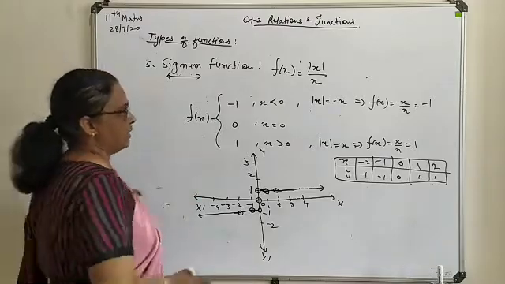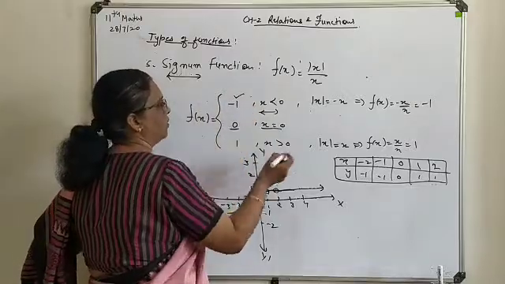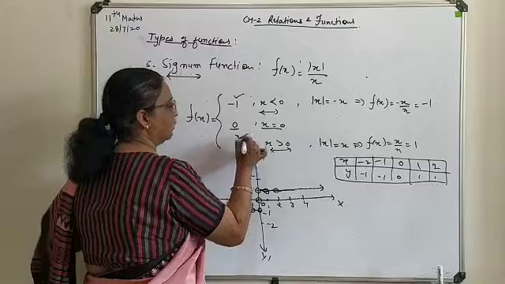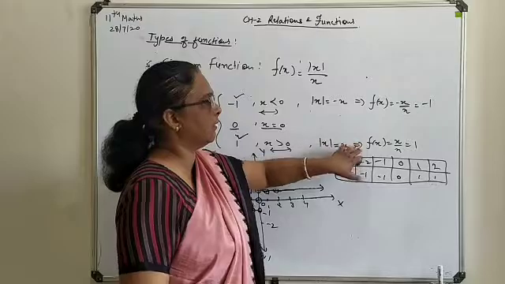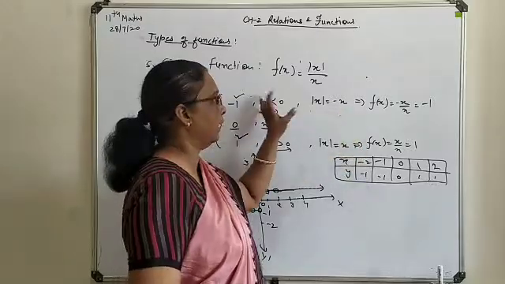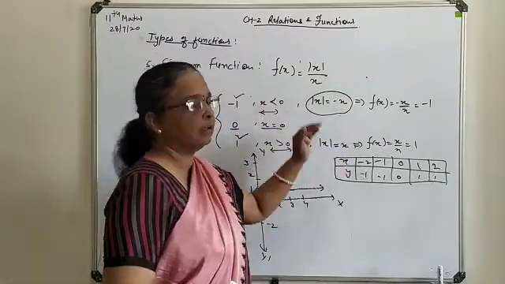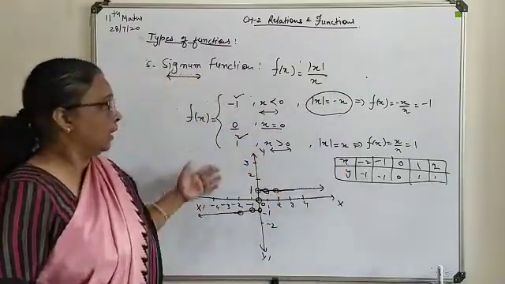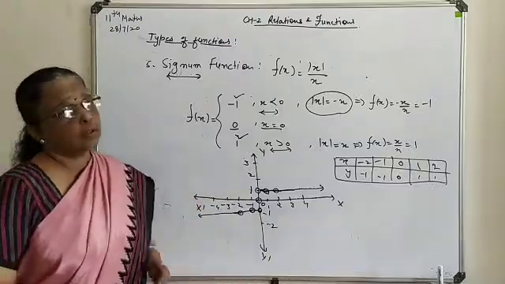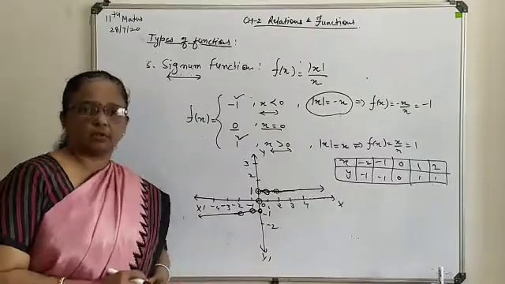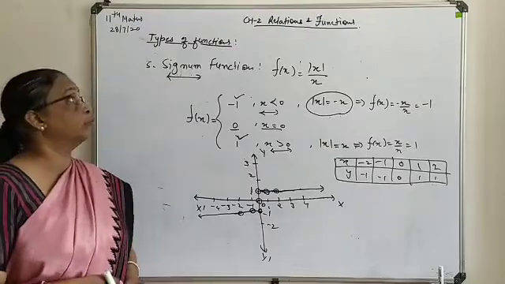Its criteria is fixed. For less than 0, the answer is minus 1. At 0, it will give you the 0 solution, and for greater than 0, the answer will come out as the positive solution. So these are the basic things you have to keep in mind while attending any signum function. Here the modulus function plays an important role while writing the solution for different ranges. So this way these functions are to be represented. So try to revise all these types of functions. In the next video we can start with the exercise with one more type.